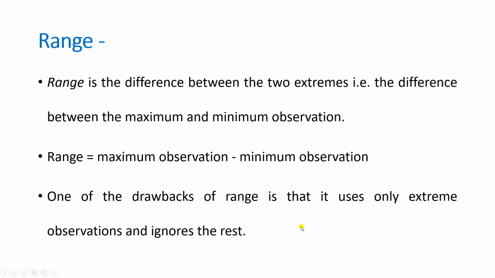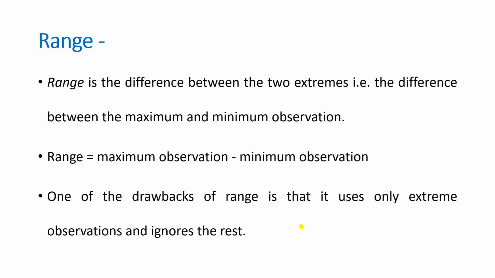Suppose in an auditorium a show is going on and there are audience of different age. Maybe the lowest one we have is a 3-year-old kid and the oldest one we have is about, say, 85 years old man. So the range here is from 3 to 85, so 82 years. So you can see if you are talking about range, we are mostly focusing on the extreme of the value, the 3-year-old child as well as the 85-year-old man.